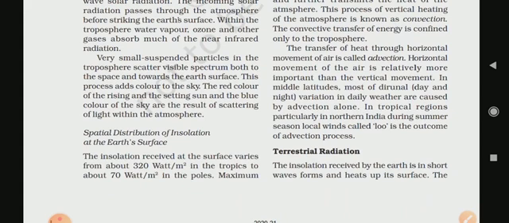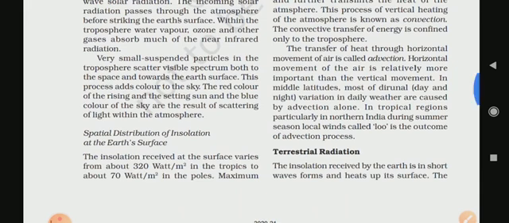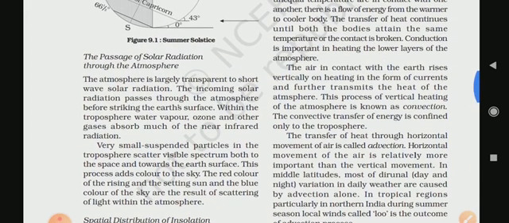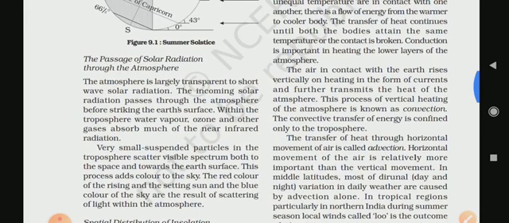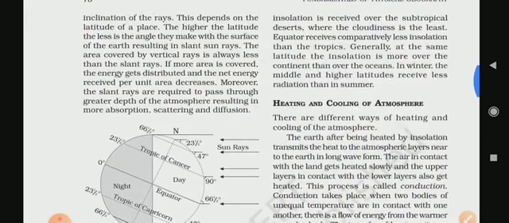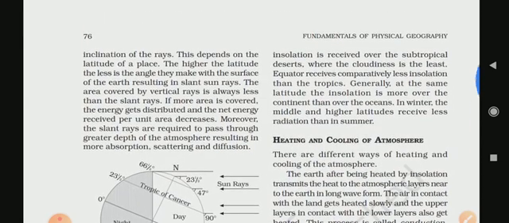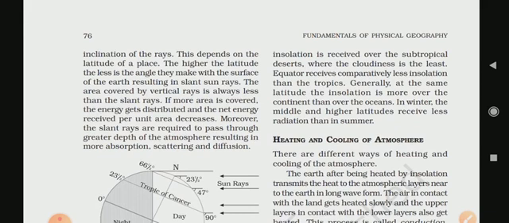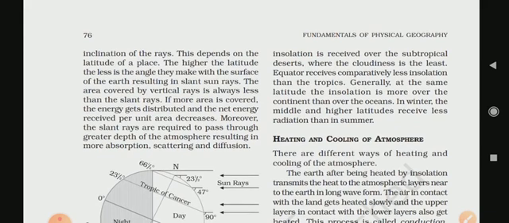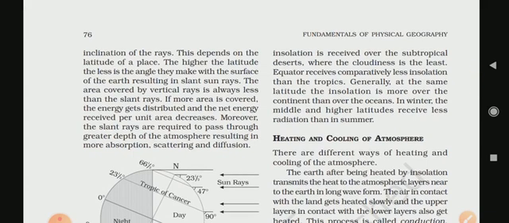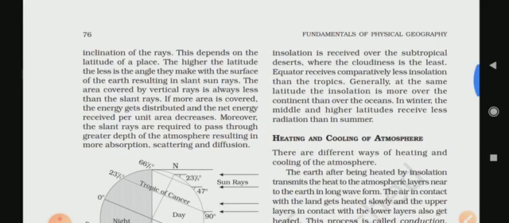Maximum insolation is received in the subtropical area because it lies in the high pressure latitudes. Due to this, they have a cloudless, clear sky, though in the equatorial part we can see low pressure. At the equator, it is a low pressure area, and during the daytime the rate of evaporation is high. Most of the time the sky is covered with clouds, right?